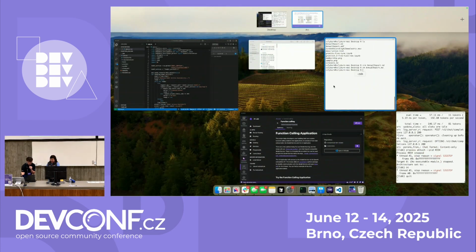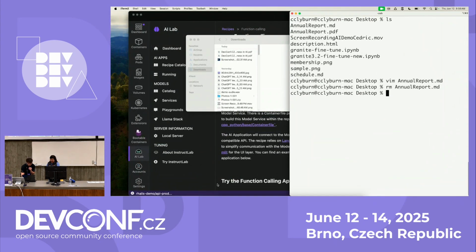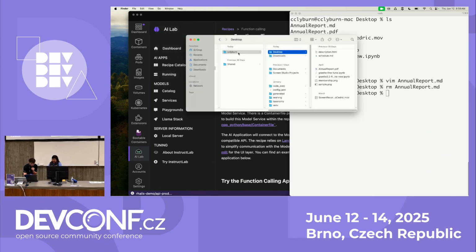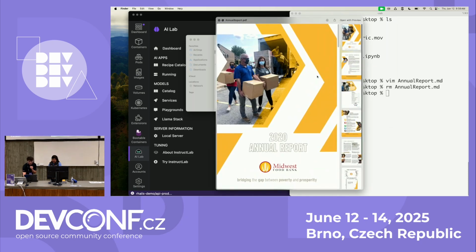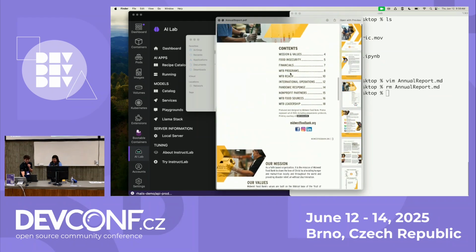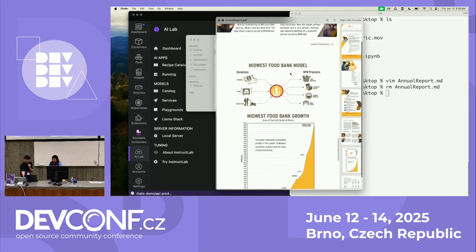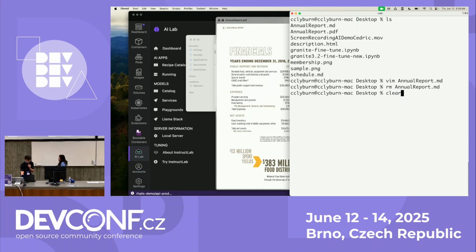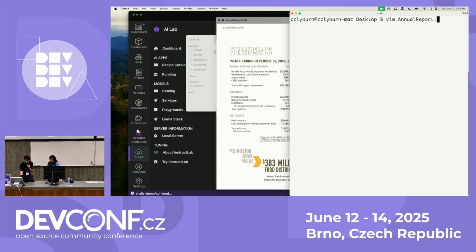And to do so, I will show you really quickly the document that we're going to be parsing. So it's a simple PDF. I'll go over to my desktop and show you this annual report from some organization that has a lot of different values, a lot of different columns, headers, even a chart like this. And so when I go over here, I'll just do a clear and parse this with Docling.